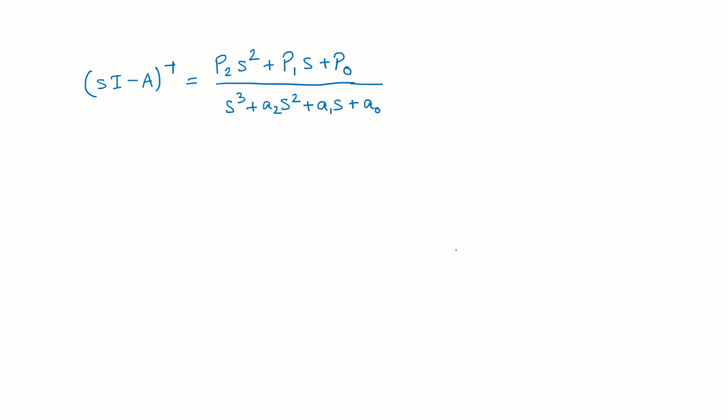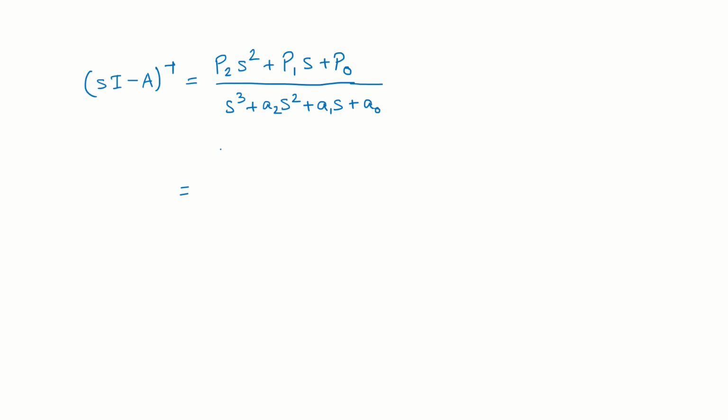Now we have already calculated what P2, P1, P0 are and A2, A1, A0 are. So look back in the video, pause the slide at that point where all the P2, P1, P0, A2, A1, A0 are already calculated, and then you simply plug those into this. So let me refer to my notes and I will directly write them here.